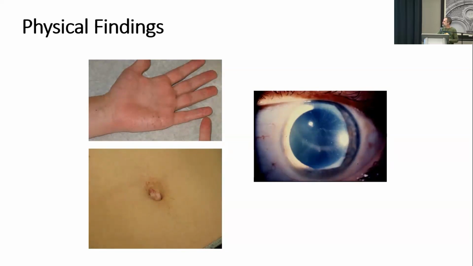And then the other two pictures are showing angiokeratomas. And I don't know how often you guys pay attention to what doctors are looking at, but generally speaking, belly buttons and palms of hands don't get looked at very closely. So it's easy to miss these things unless you have a lot of them. And the pictures up here, that's a typical amount of angiokeratoma involvement. There are people who have a lot more than that, and there are some people, even with classical Fabry disease, who don't have angiokeratomas.